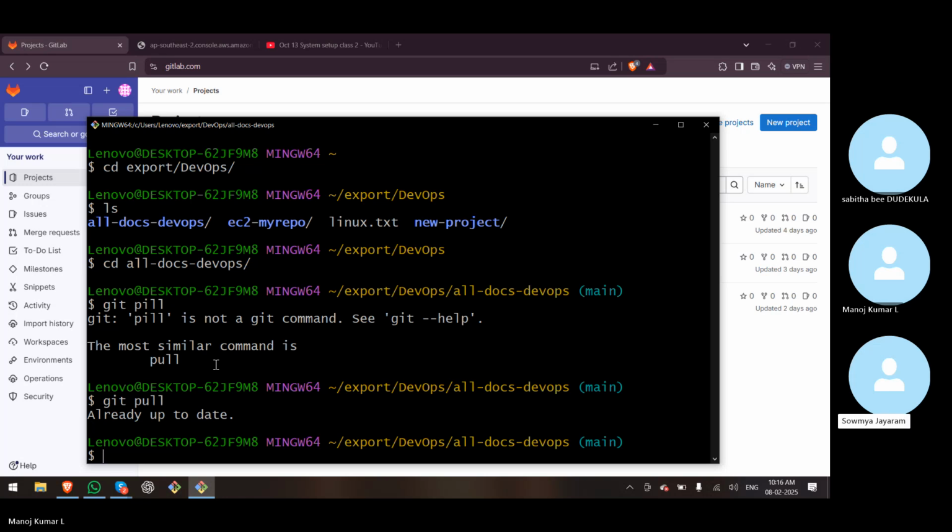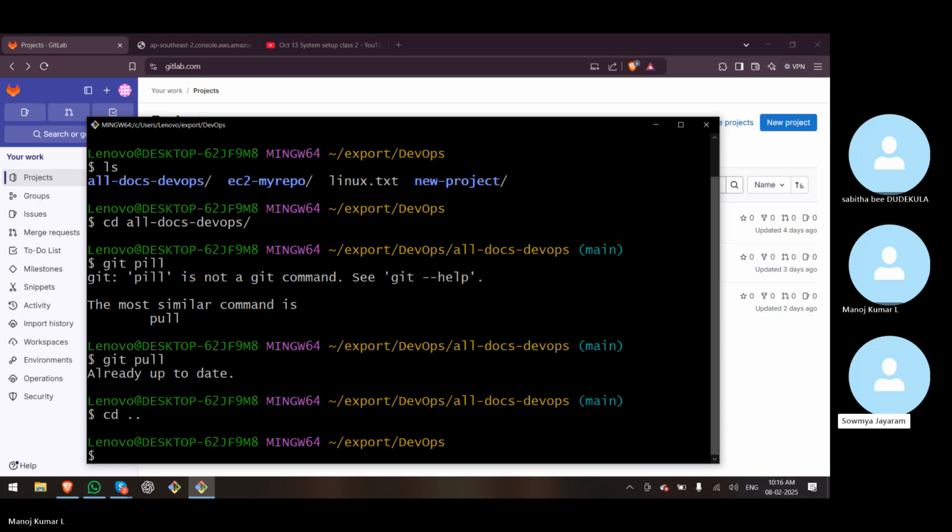So now you do that. You just come out of this folder, all docs DevOps: cd space double dot, enter. Now you have gone one folder before. Now you just create one directory with mkdir hyphen p